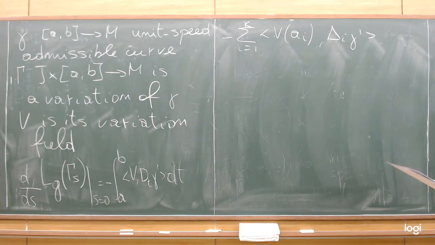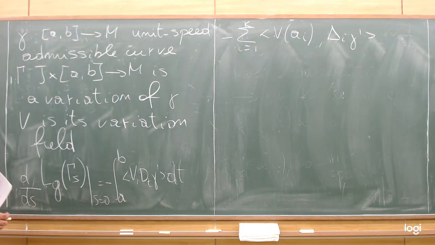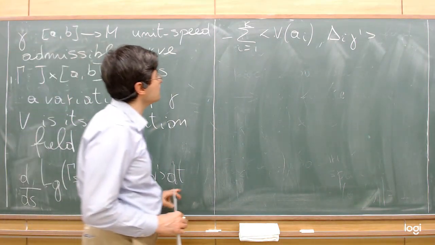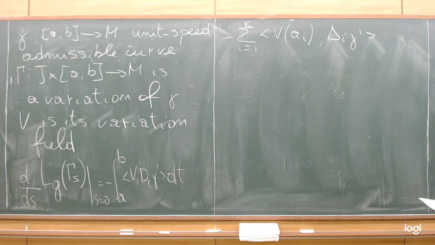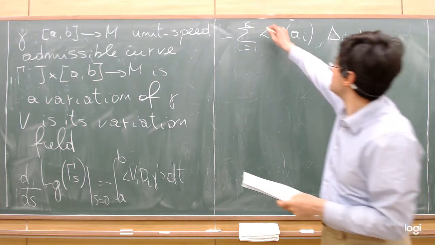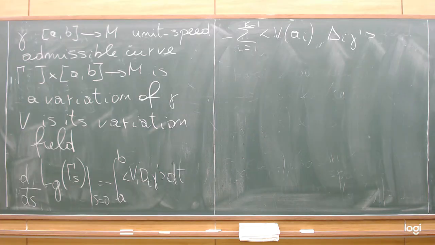Here I am considering the case where the variation is proper. So this derivative is given by the sum of these two terms. Sorry, this is k minus 1. And now we want to